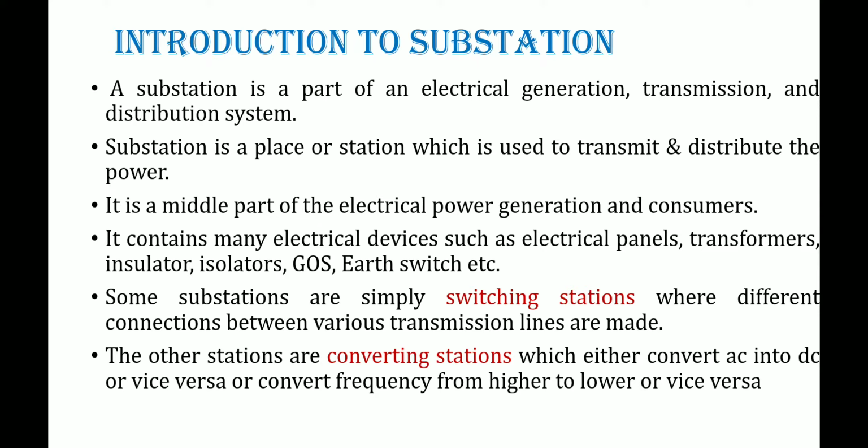That results in the installation of bigger and bigger power generating stations. Generation of power is done by making use of the different resources available. The power generating stations are the hydro power station, the thermal power station, and the nuclear power station. Is it right? Depending upon the availability of the resources, these stations are constructed at different places. So these generating plants are constructed at different places, but these places may not be near to the load centers.